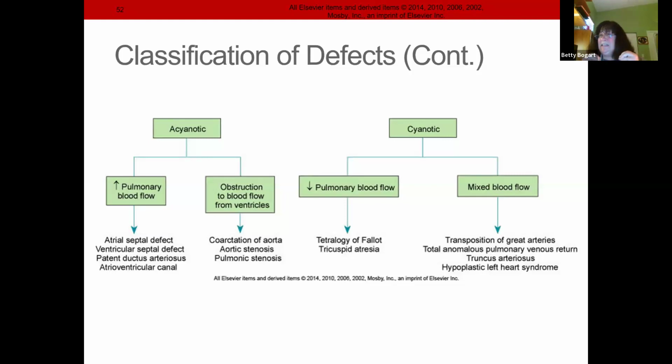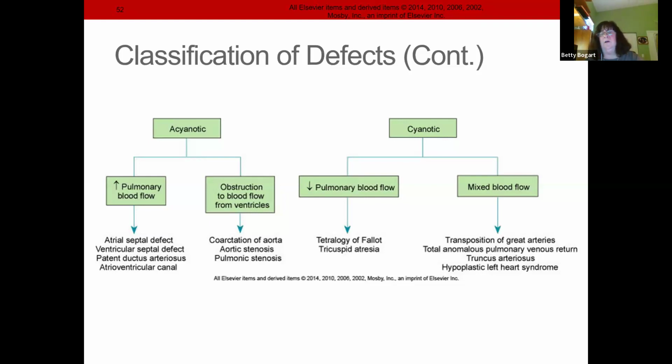Know that a stenosis is a narrowing. That means blood is still going a little bit through there. But an atresia means without. So a tricuspid atresia, no blood is going from the right atrium to the right ventricle. So that needs blood, oxygen, right? That one needs to keep that PDA open, right? We need oxygen going to the body.